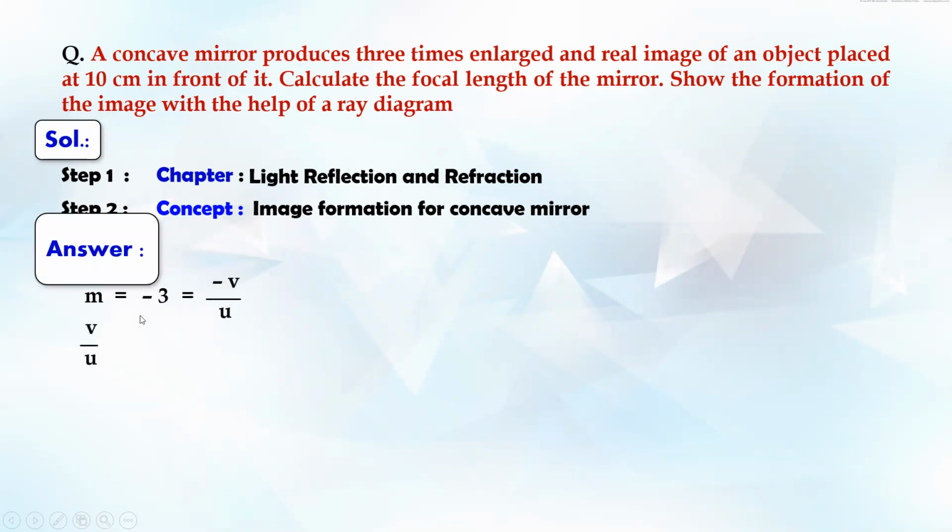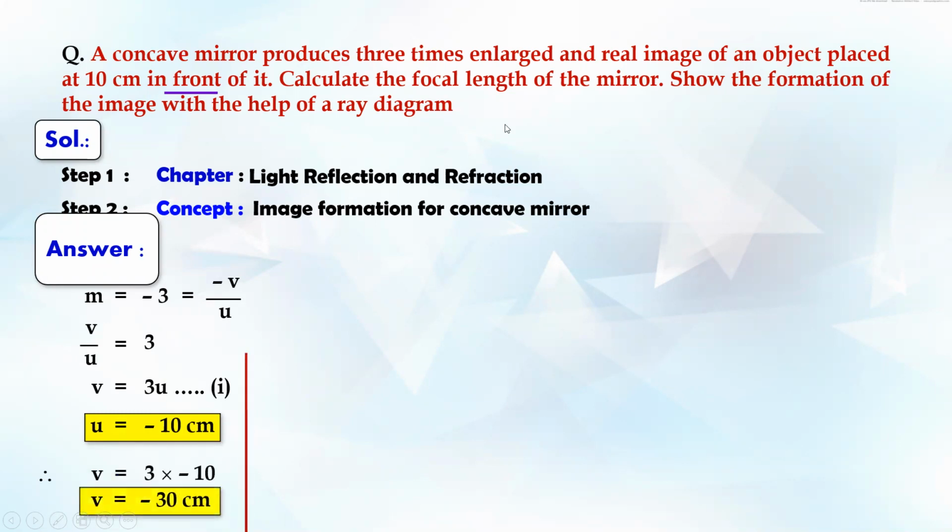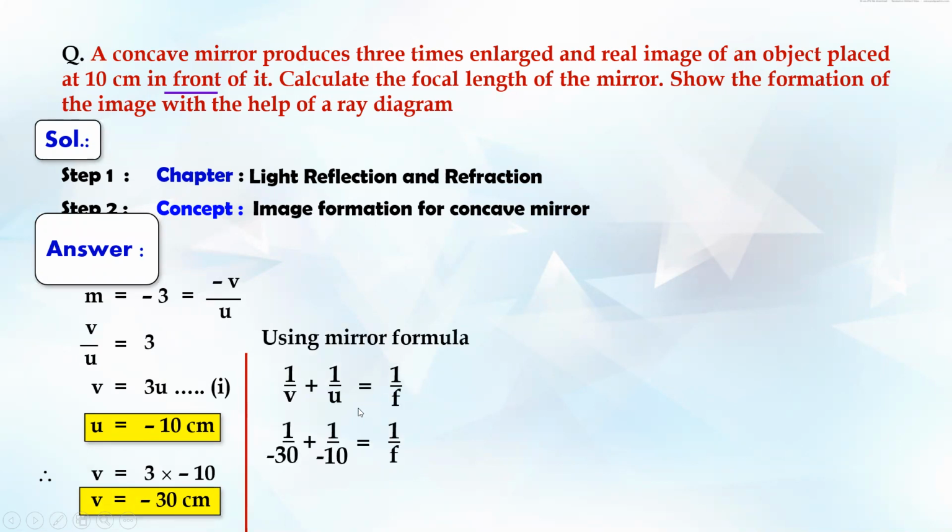So I can say ये जो m का value है, since the mirror formula is minus v upon u, इसमें से I can say u का value मालूम है, that is 10 over here, right? Minus minus cancels, so v is 3u, u is minus 10. If you see u is always negative, so v का value आ जाएगा minus 30. तो v का value मिल गया. Find क्या करना है actually अपने को? We have to find the actual value of focal length, and we know the mirror formula 1 upon v plus 1 upon u is 1 upon f. v का वैल्यू मालूम है, u का वैल्यू मालूम है, दोनों को ऐड किया, I will get the value of f. On calculating you get the value of f as 7.5 centimeter.